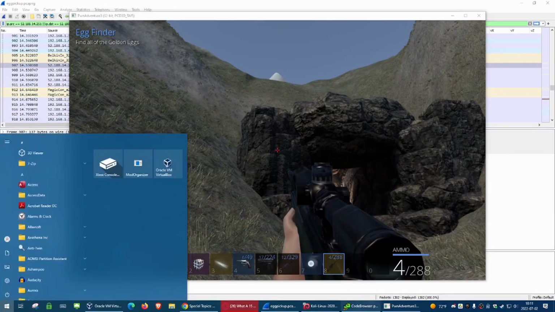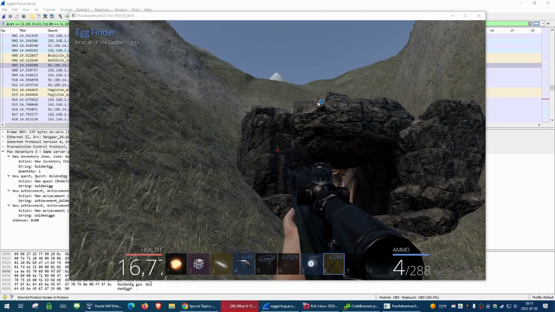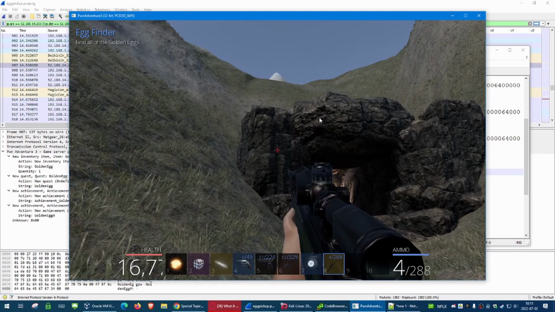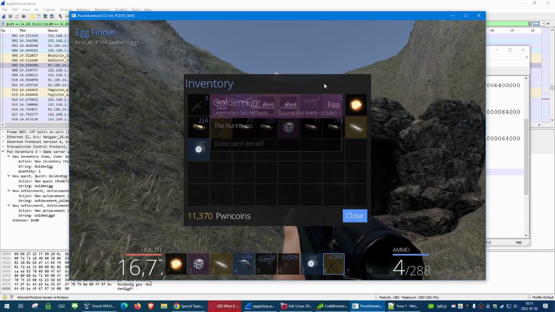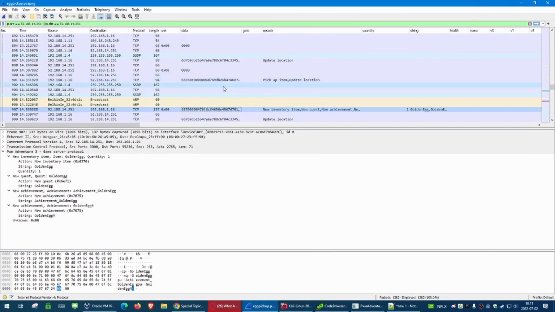So what I did is I grabbed the location for egg one from the instantiation. I found the item element ID for egg one, which is OB instead of OE. So I crafted a packet that said item pickup at this player location, which is the location of the egg. And it didn't work. I'm not entirely sure why, because sending that to the server, if the server did indeed receive that, appears to be pretty much exactly